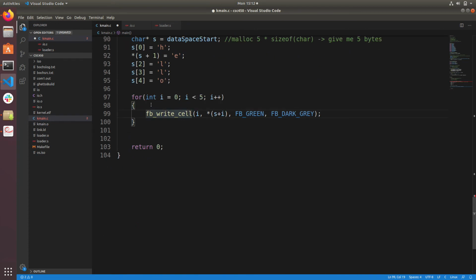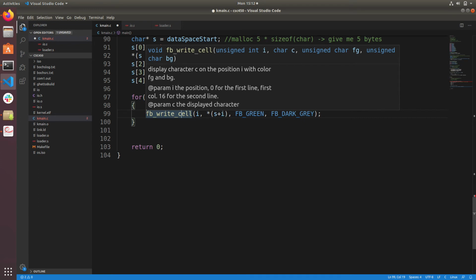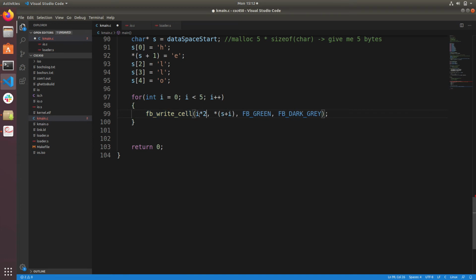Yeah, so the idea here is that, remember earlier we said that our frame buffer, they're not byte-sized steps. It's double byte-sized steps, or word-sized steps. The first byte is the ASCII value. The second byte is the color. So I actually need to do steps of size times 2. So cell 0 will be at 0 times 2, which is 0. Cell 1 will be at 2, because bytes 0 and 1 of the frame buffer were for the value and the color of the first one. So this allows me to hop through at 2-byte little